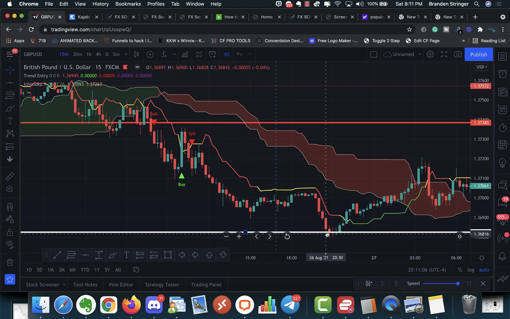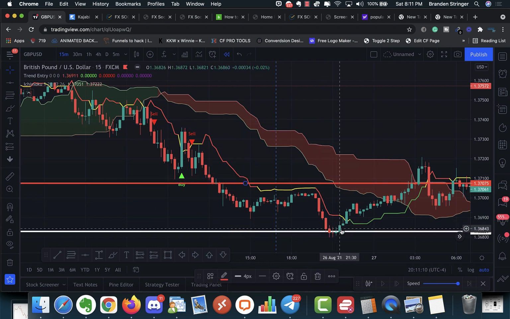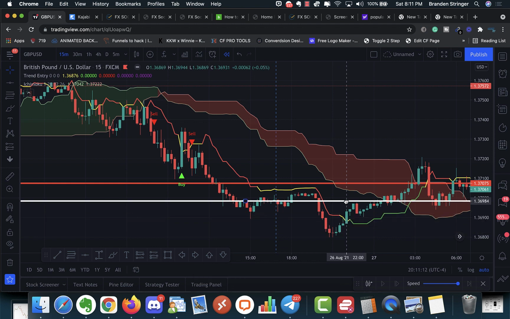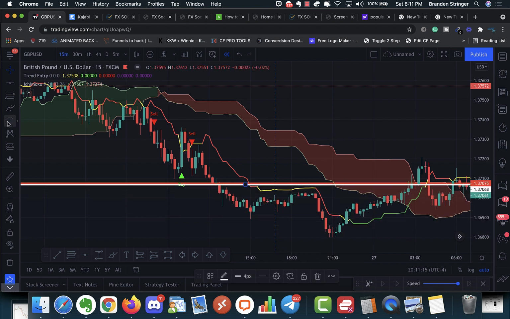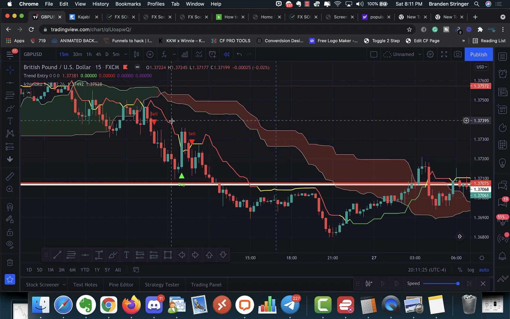comes down. Where's my stop loss going? Where the area is stagnant. It comes back up, takes me out. Cool. I was still 20 pips in profit because of my stop loss. So you make an initial stop loss above the high on the sell, and then your buy you do below